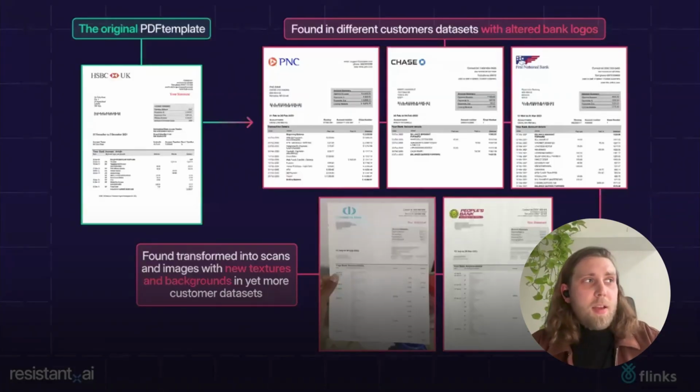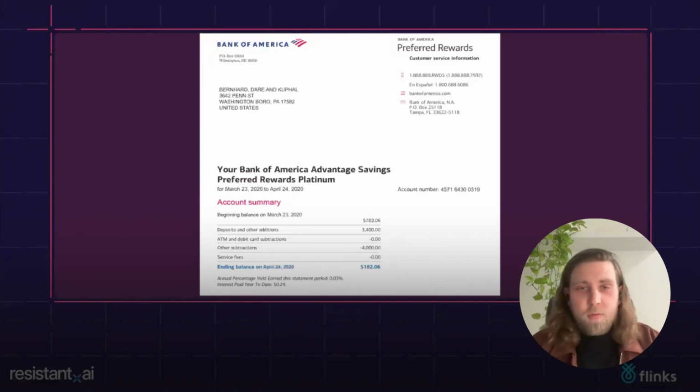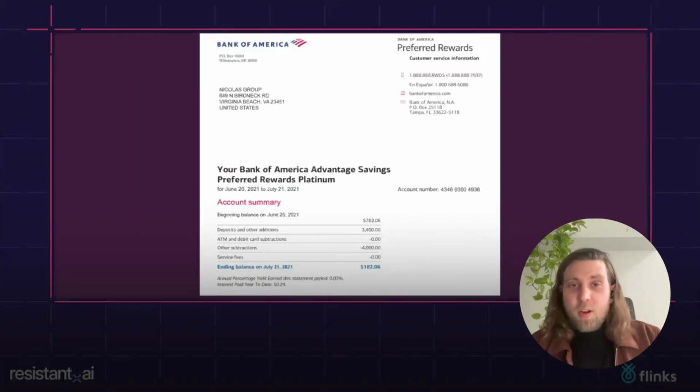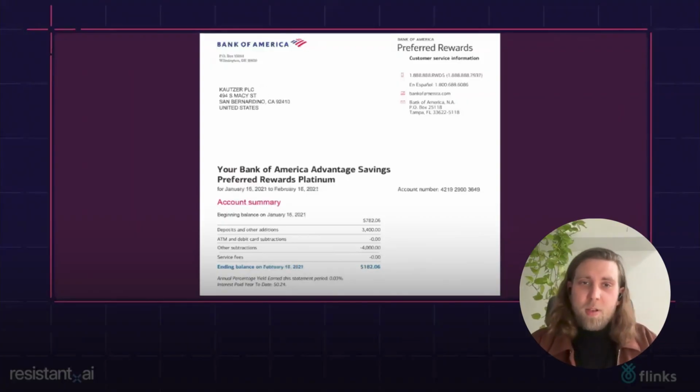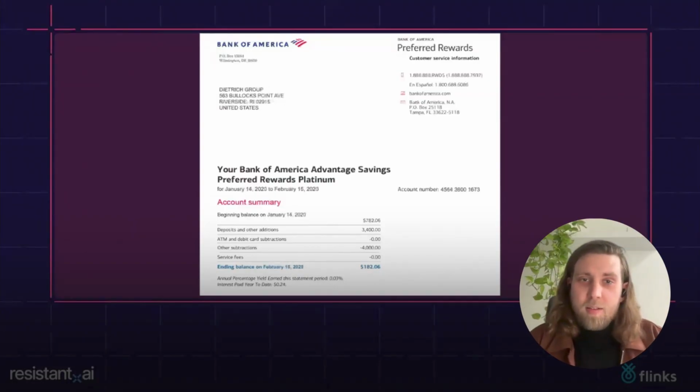To give you maybe a couple examples of how this can look, we can look at something like a Bank of America account statement. Every single instance of this document, if you would see it, would not trigger any flags because it looks as it should. It's been edited, right? But only when you can connect several instances or iterations of these submissions together, by looking at submission characteristics and other types of data we analyze, can you cluster these together and point this out as a serial fraud attack.